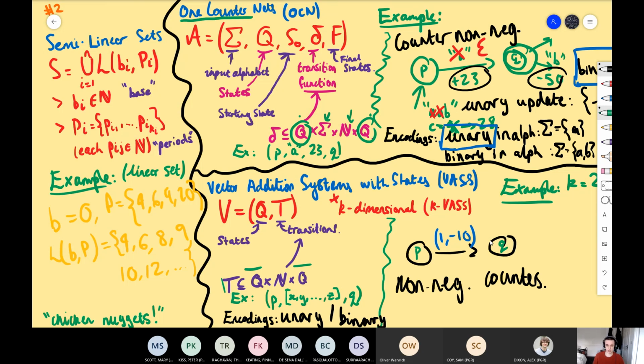So again, unary is the same. In this case, this first counter is receiving a unary update. That would be +1, +0, or -1, and binary updates plus, minus, whatever you like. And again, obviously, unary VAS seem a bit more simple, right? But maybe not. We'll come back to it later. Hopefully, this is good so far. So let's move on to the next slide.